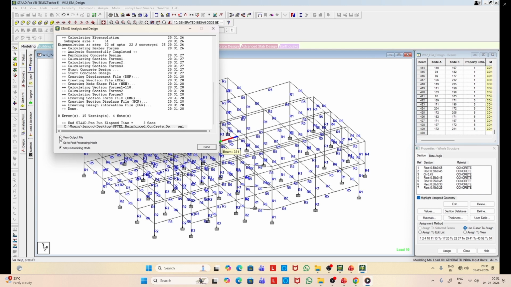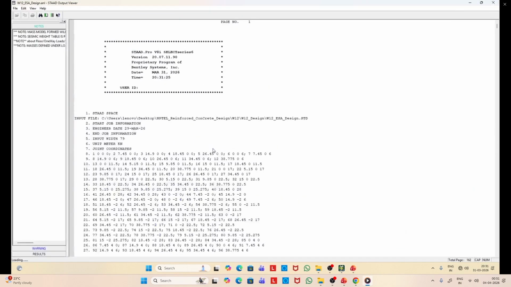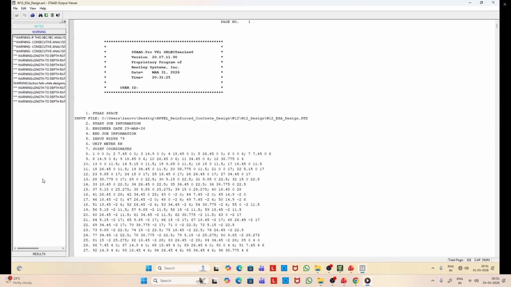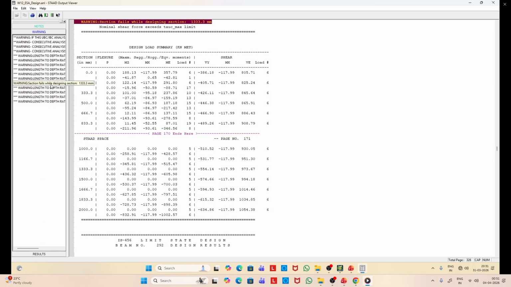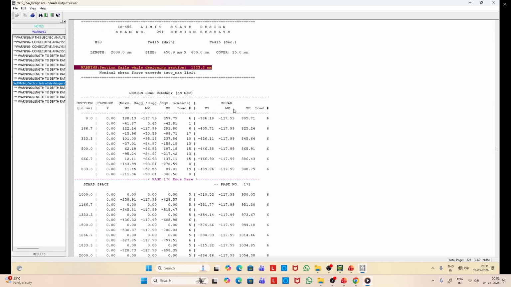Now you can see 15 warnings. So some of them are resolved. Let us see how many of them have passed. So only one section has failed, and this is 291.